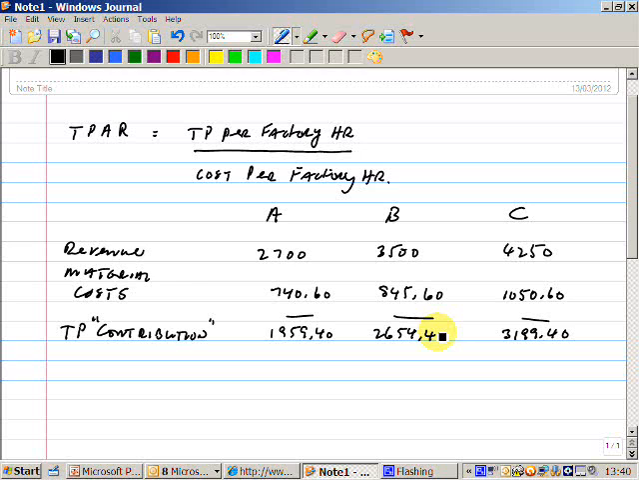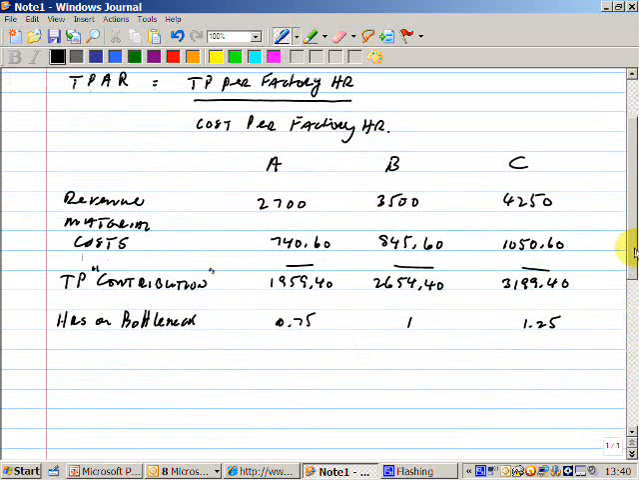Okay, so that's the throughput. Now it's throughput per factory hour up here. So what we want to have a look at is the hours on the key resource, or the bottleneck. Hours on bottleneck resource. Here we've got 1.25, here we've got 1, and here we've got 0.75. So continuing with that then, our throughput per hour is going to be